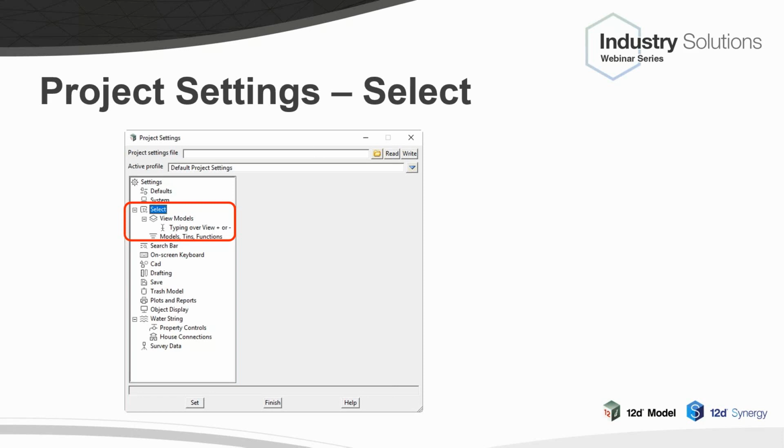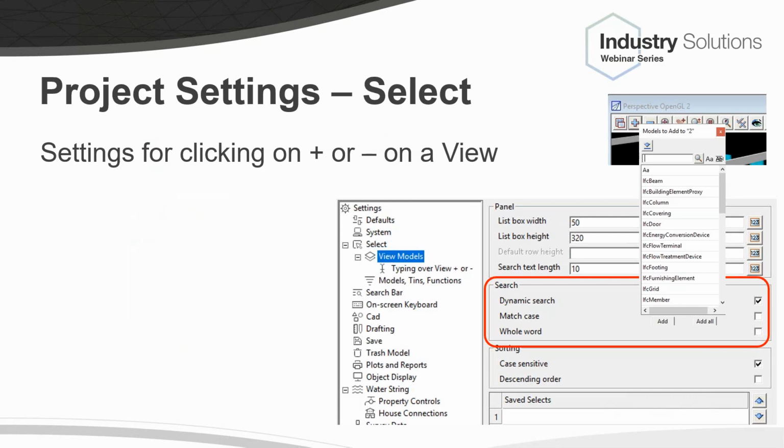Now, these ones control what happens when you type over, say, the plus or minus on a view, or click on the plus or minus over the view, or when you click on, say, a model box, a tin box, a function box, what it actually sees in the list. And each of these is independent, so you can set them separately. So for example,